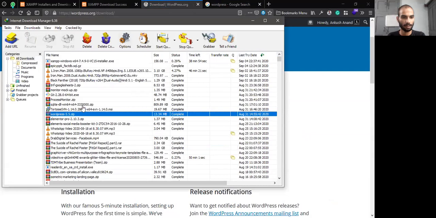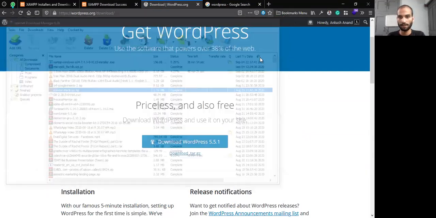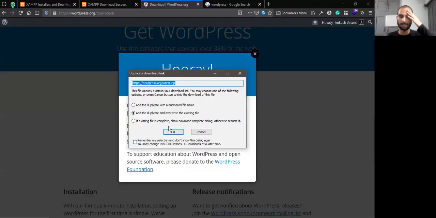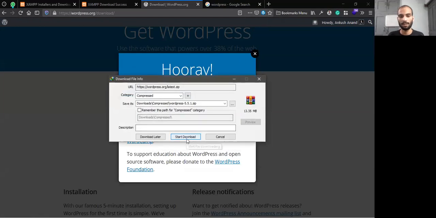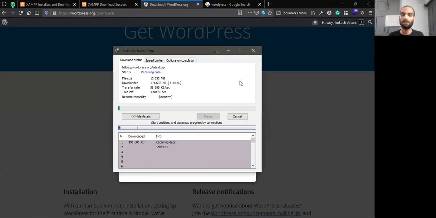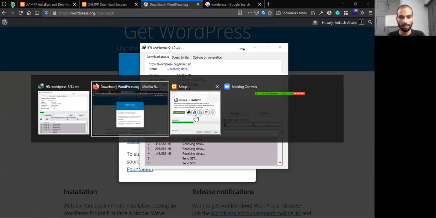Yes. So I feel I will just download the new version. No worries. Even if you are not downloading the new version, it will also be okay, because WordPress will be running on the server, and you can update it through the server as well. Normally from the admin dashboard, you can update it from there as well if you are installing an older version. No worries about that.